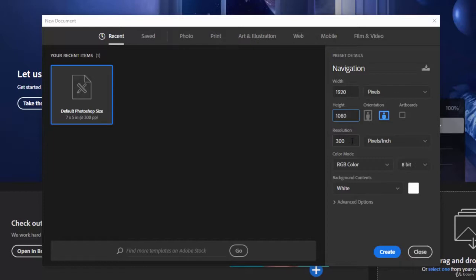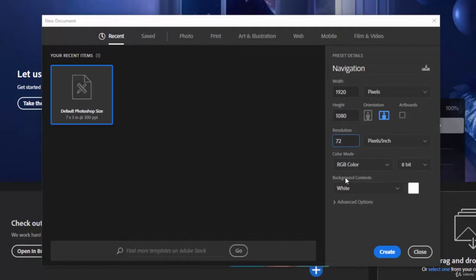Now this is how densely the pixels are per inch and how crisp and clear the image will look. So typically if you're working with print, you'll want 300, which is what it was set to, but if you're working for web, you want to keep this number a little lower and make it look good, so you reduce file size. So we're just going to change that to 72, and then we'll leave the color mode to RGB